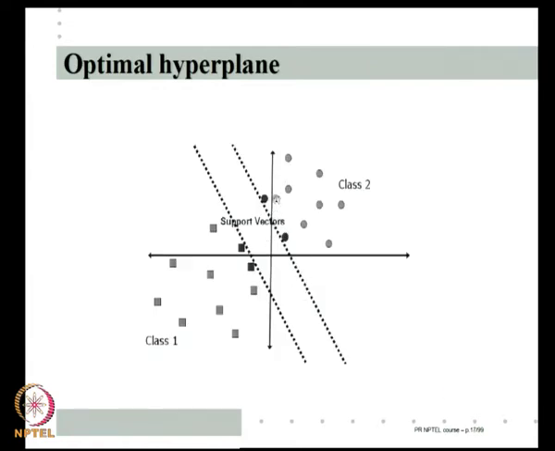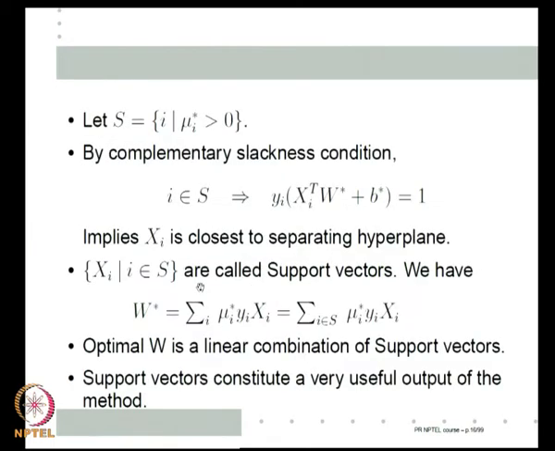For this problem, these are the support vectors, the patterns that are darkened; they are closest to the separating hyperplane. As you can see geometrically, if I throw away all the remaining data and just keep the support vectors, for that pattern classification problem also, this will be the best hyperplane. So, in some sense support vectors are the most critical examples of this pattern set, of this example set. Thus, as we shall see later on much more clearly, support vectors constitute a very useful extra output of the method in addition to getting the W star like this.